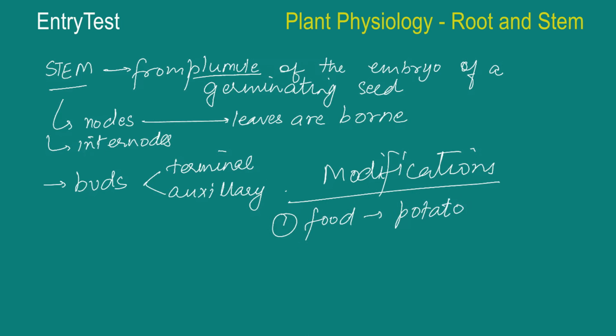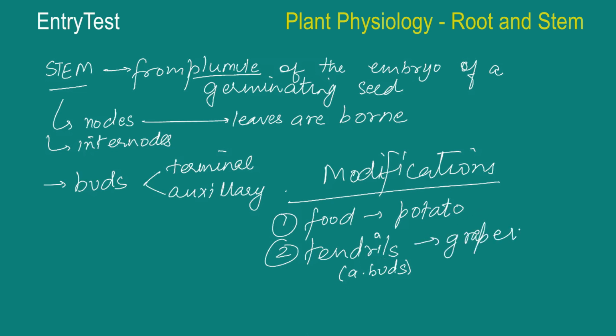And it also acts as organs of perennation, to tide over conditions that are unfavorable for growth. Let's suppose they don't get water for a long time, so they will help the plant to survive. And then to give some support to the weaker plants, they develop structures called tendrils. These are actually from the axillary buds. They are very spiral and they help the plants to climb. For example, in grapevines. So they latch on to a proper strong support and they keep growing for that.